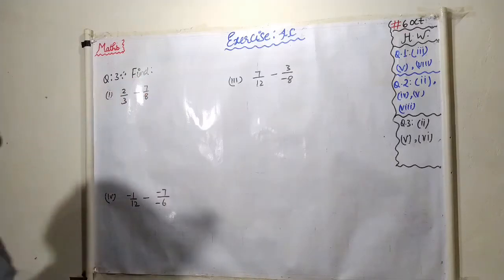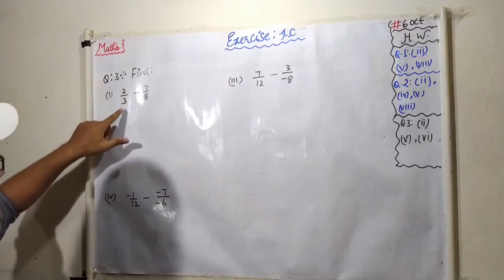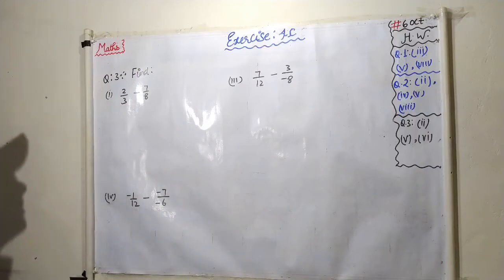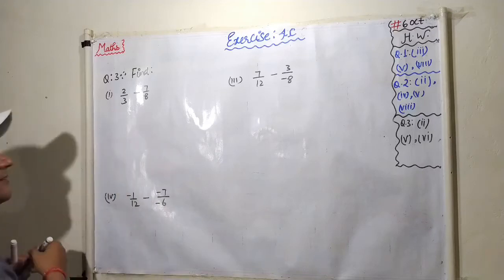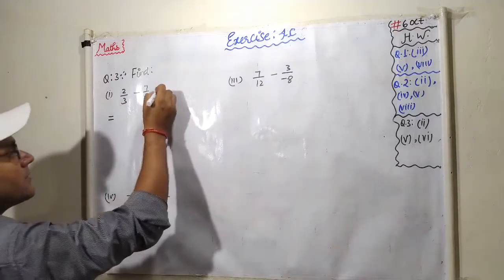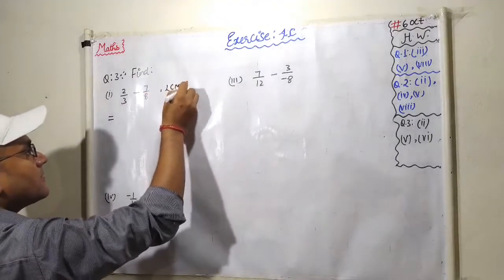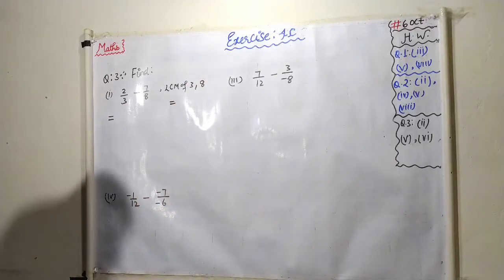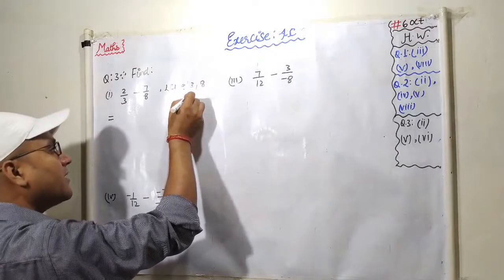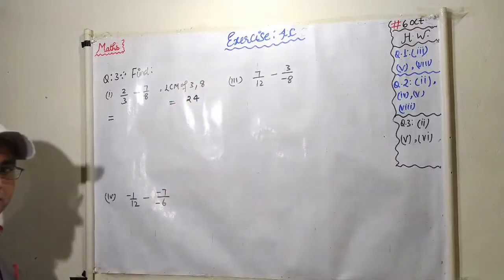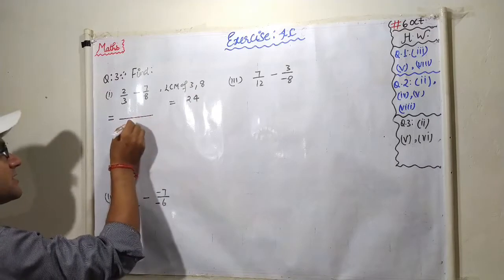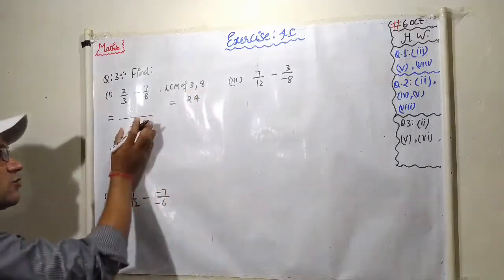Number 3rd, students. Okay, find 2 by 3 minus 7 by 8. It is a subtraction, students. Okay, see this one. 2 by 3 minus 7 by 8. Denominators are different, so take the LCM of 3 and 8. Okay, one is a prime, other is a composite number, so 8 threes are 24. Directly you will multiply because both are coprime. Okay, so you will get 24 as the LCM.